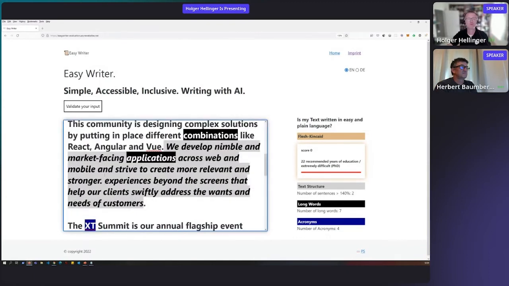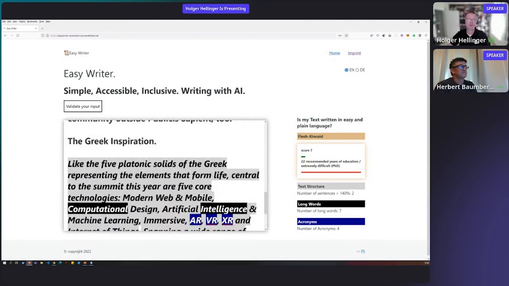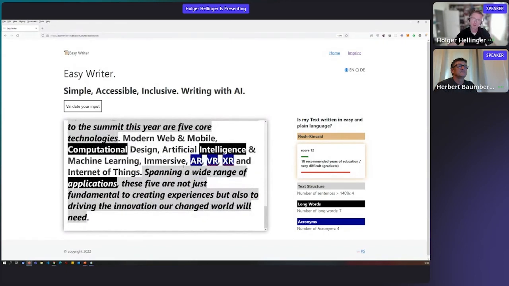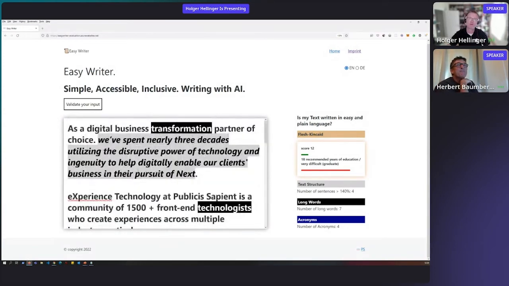I'm just doing that now, quickly, so that you get a feeling, and then you can see how the score is increasing and the recommended years of education is going down. But you also see all our acronyms and long words and long sentences. That is really making this not a good example of an accessible web that we have created.